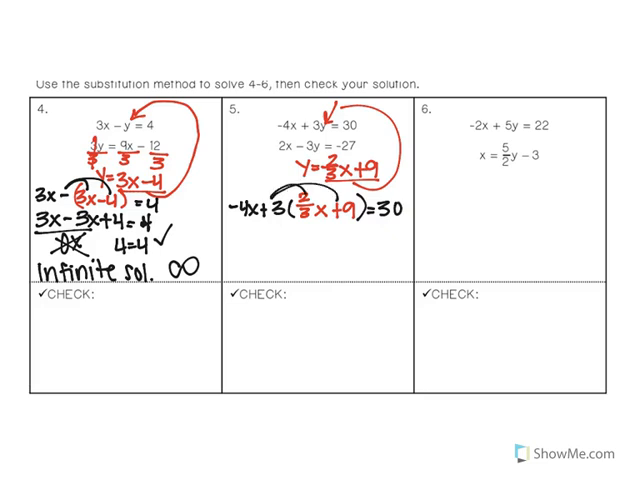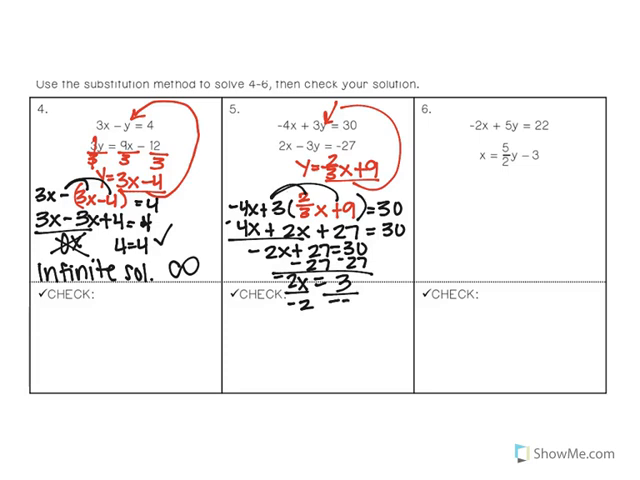I'm going to start by distributing, so negative 4x plus 2x plus 27 is equal to 30. And then I'm going to combine like terms and get negative 2x plus 27 is equal to 30. I'm going to subtract 27 from both sides, and I get a negative 2x is equal to 3. I divide by negative 2 and divide by negative 2, and x is equal to a